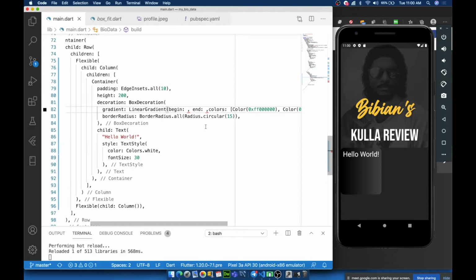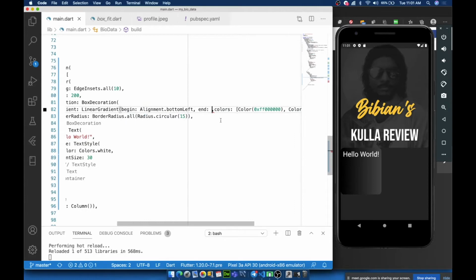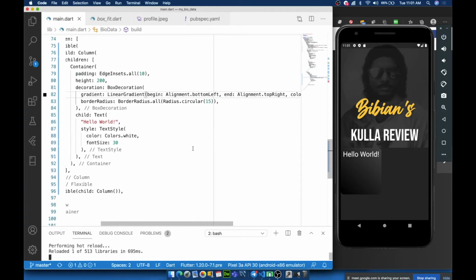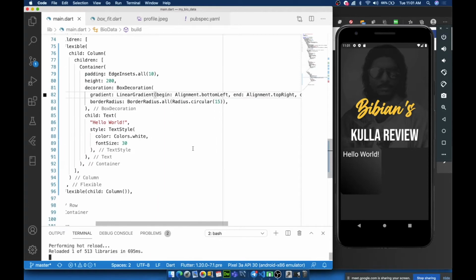So let me start it from the bottom left. That looks better. Let me know once you got an output like this.